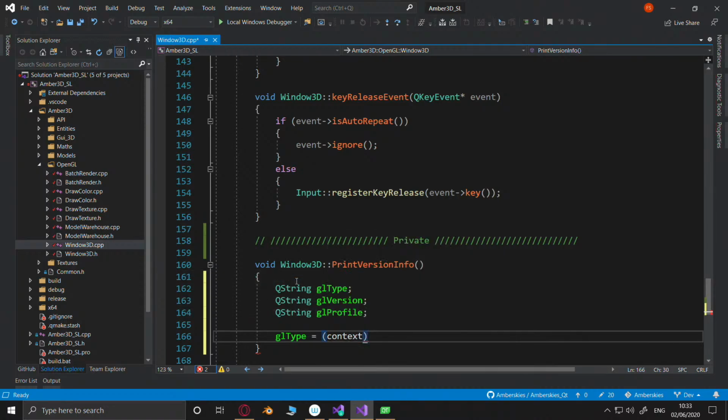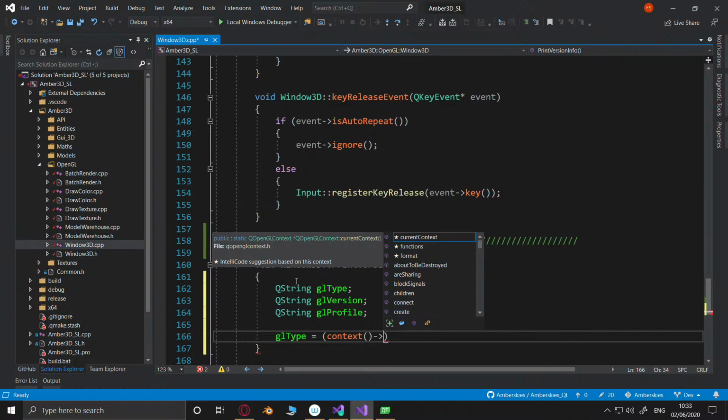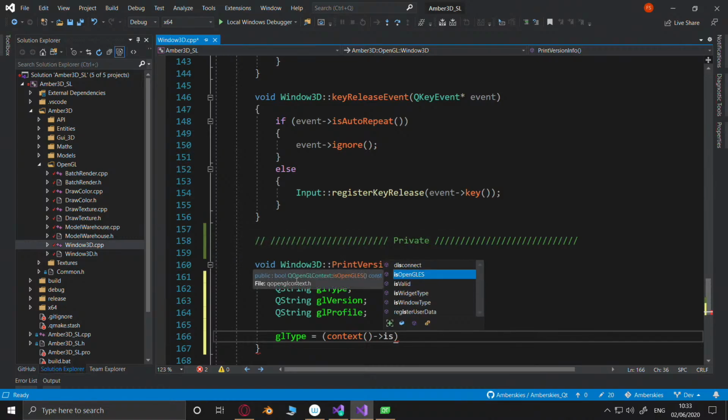So context, we'll have you. That's your function. Right. Okay, we've got that one. So if that is true, we'll query that. So if it's true,